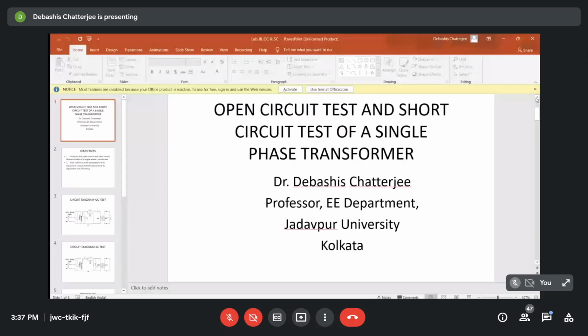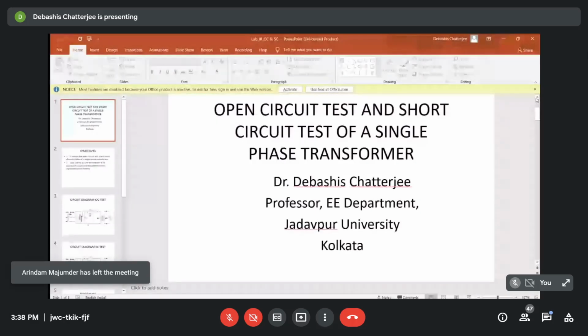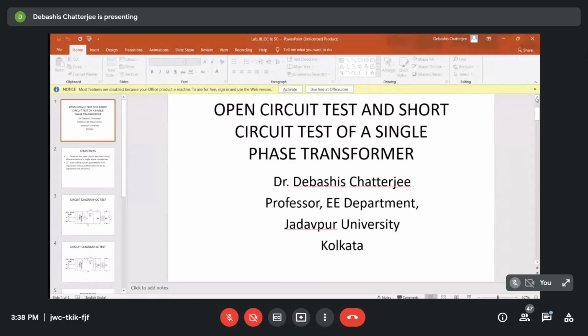Anyway, I will tell you that the transformer has an equivalent circuit. You know that, isn't it? So what is an equivalent circuit? It is the representation of a transformer in terms of fundamental circuit elements, let's say capacitor, inductor, and resistor, to explain its behavior under various conditions, like load conditions, no load conditions, short circuit conditions, etc. So the transformer equivalent circuit will have certain parameters, passive elements like R, L, and C. To determine these for a transformer, two tests are performed: open circuit and short circuit test.